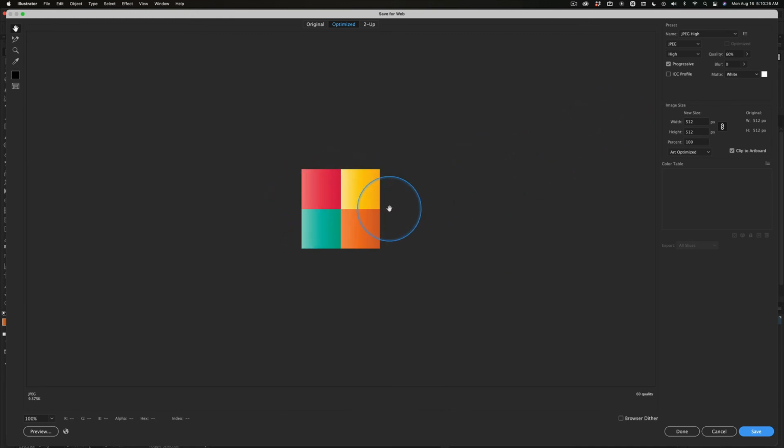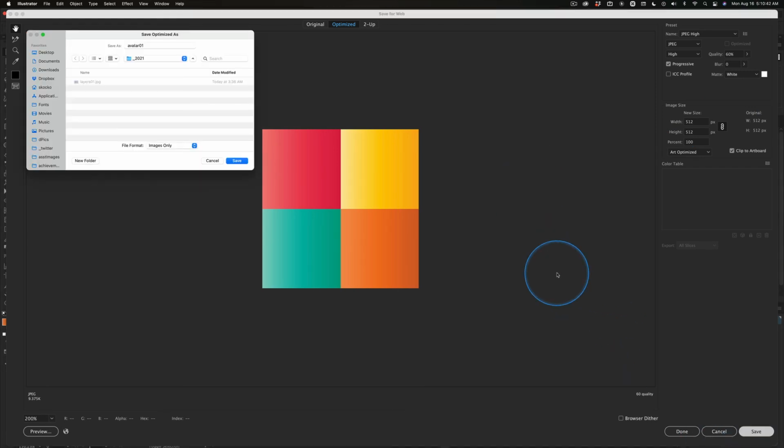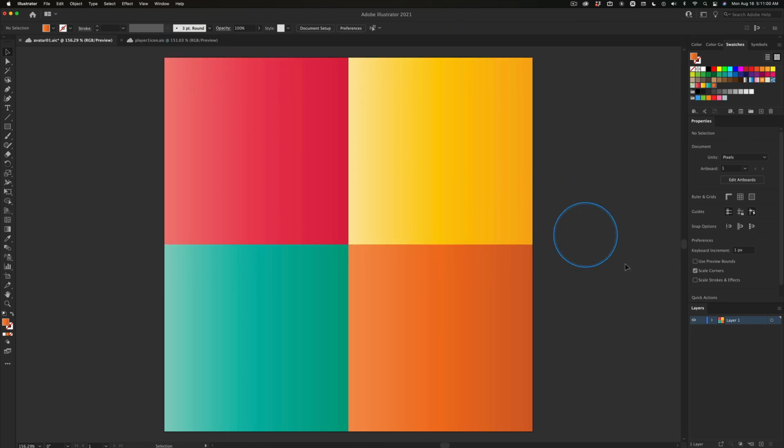And yours is going to appear twice this size. I'm working on a 5K monitor, so that's why my images sometimes will look smaller. We're saving this out at this size. This is the version for the web, and this is for our avatar. We're going to save out a different version for our journal. So I'm saving it into my documents folder, into a folder that I've already set up. And now I'm going to save out a version for